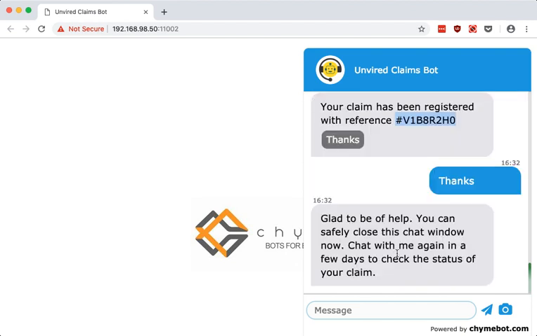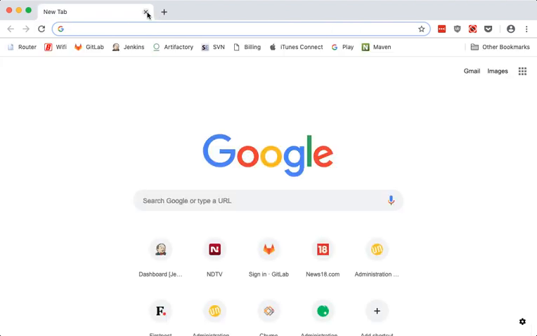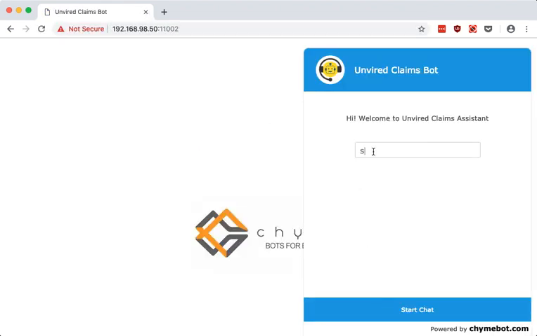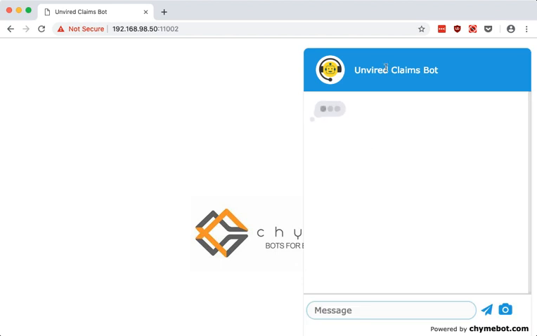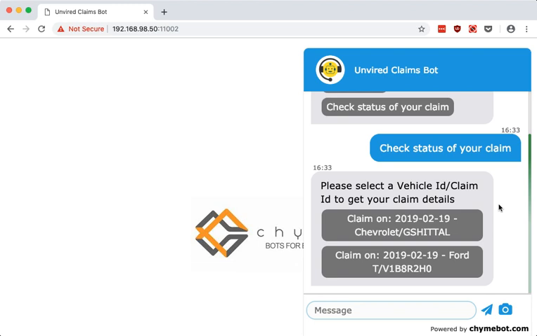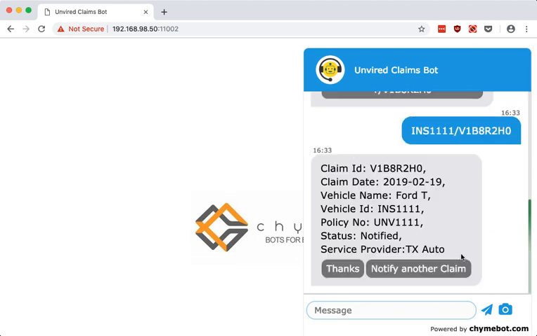The bot helpfully gives me information that I can now close my chat window, and if needed, I can go back to it at any point in time to check the status of the claim, which is exactly what I'm going to show you in the next few minutes. So I'm just going to open another chat and put in my name again so that I can be identified. And okay, there you have it. Let me check the status of my claim. If I remember, I think I put in the Ford, yeah. So let's do that, and